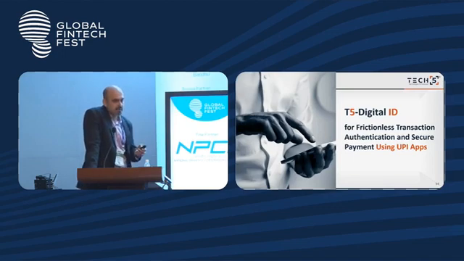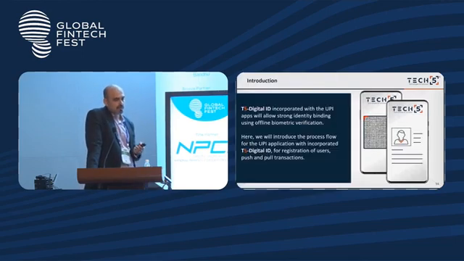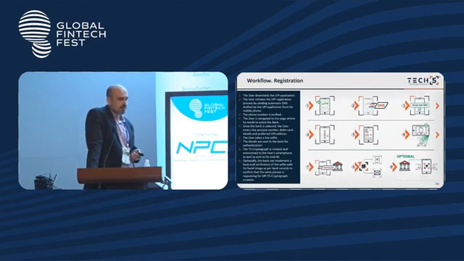Having said that, I will close my presentation going through this particular use case. So we were given an opportunity by NPCI to participate in the Payoff Challenge last year. And we responded to that with a solution related to digital identity to ensure strong authentication. As we all know, today UPI is clocking billions of transactions, and that requires strong identity binding. That's where we proposed the T5 digital ID for UPI authentication.